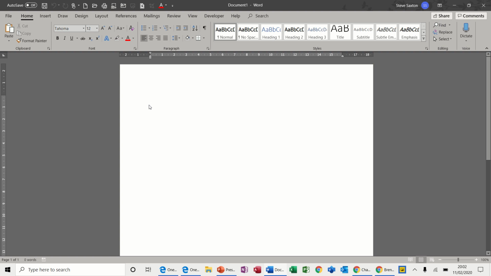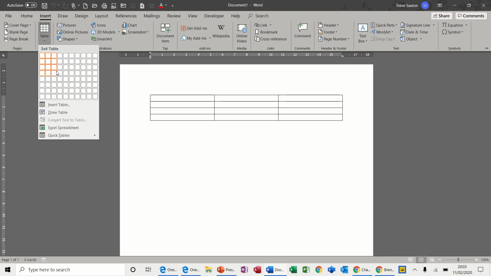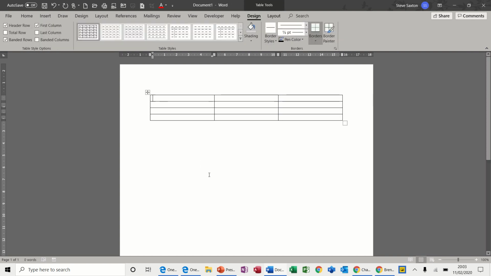In this module we're going to look at calculations in Word. First of all, calculations within a table. So here we go, insert table, just create a small table, that should do. So if I have some figures there